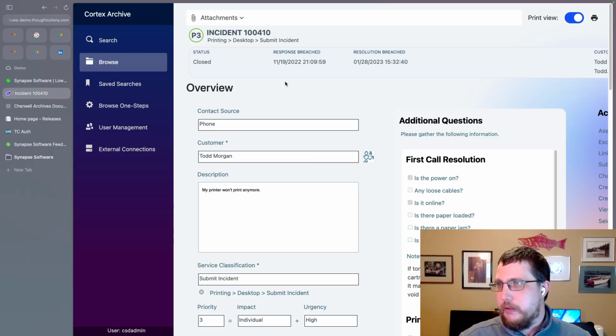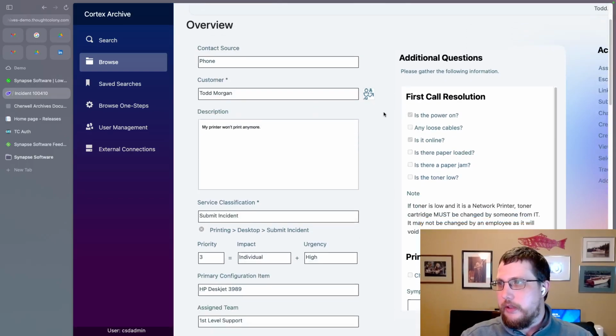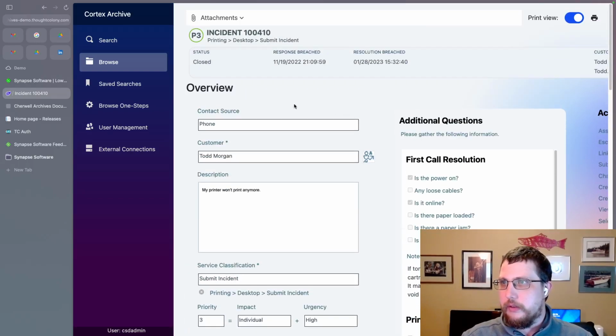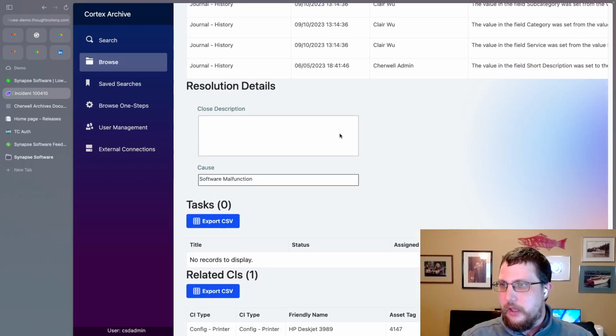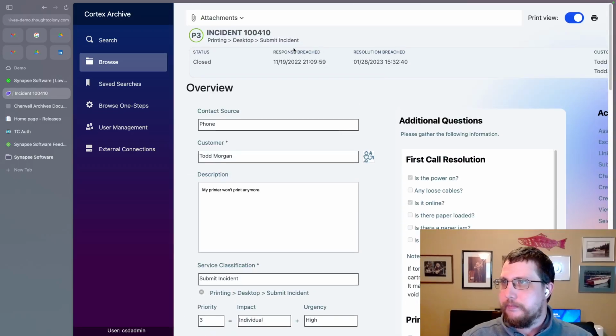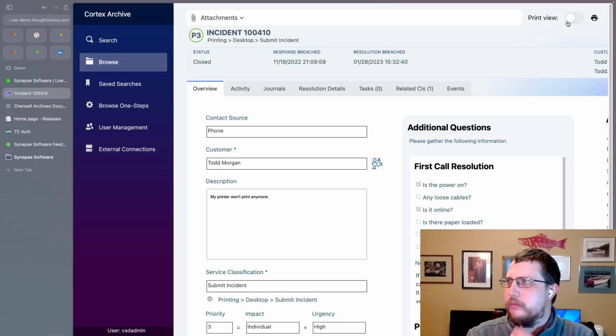Basically, what that does is every tab, instead of being only one visible at a time, they show up end to end with titles. So overview, activity, journals, and so on and so forth. Now, switching back into whatever the opposite of print view is, screen view, I suppose, we can go back to